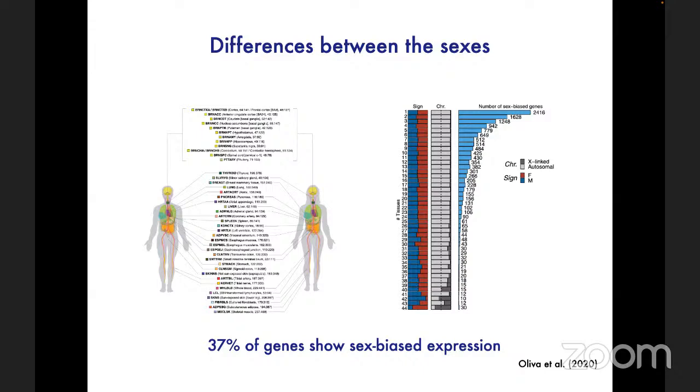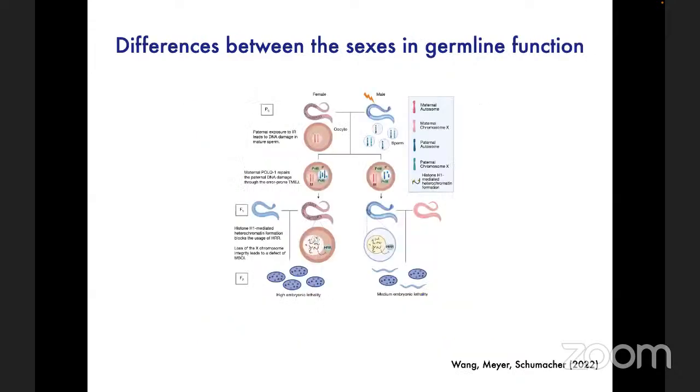I've looked, and there are surprisingly few examples of differences that we know of that are sex-biased in germline function. This is basically the best example I could find. It's from worms. Polymerase theta works differently in the male germline and the female germline. It's a complicated story, kind of interesting, but there's a difference in how the molecules actually repair DNA